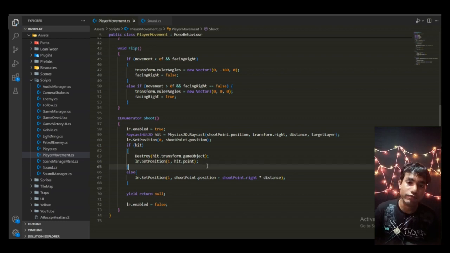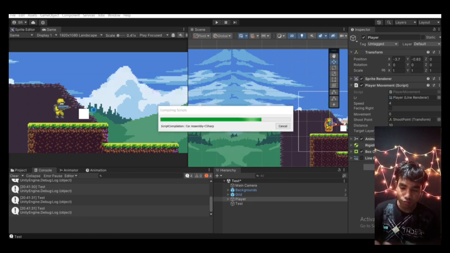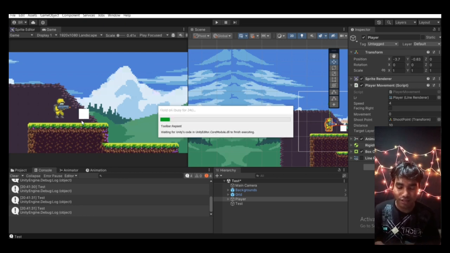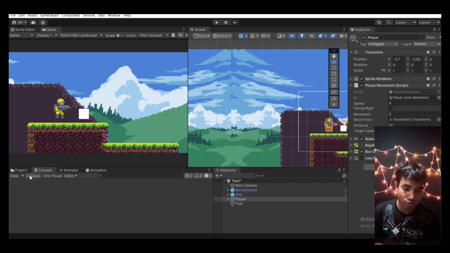Control S to save your code, and let's move to Unity and see what's going to happen. It will take a few moments and you are done. So we're just destroying the game object right away. You can do anything, like showing a hit effect, it's up to you, whatever you want. You can damage it. I just tested this for this test game object, you can do it with any game object you want. So I'm going to clear the console, let's play the game,